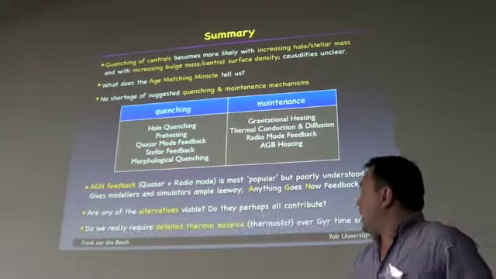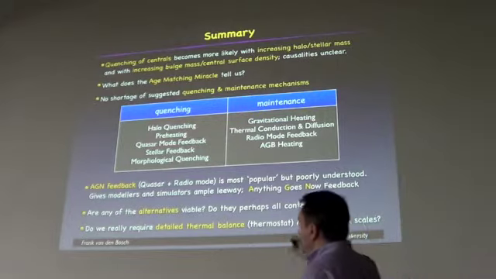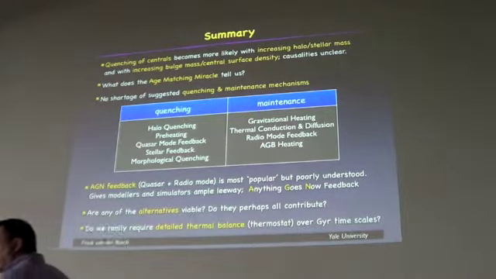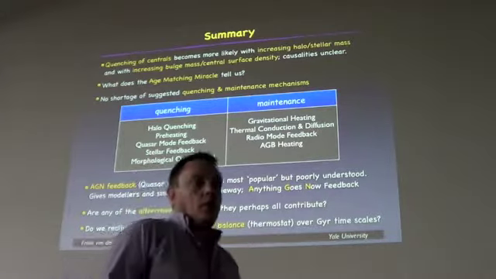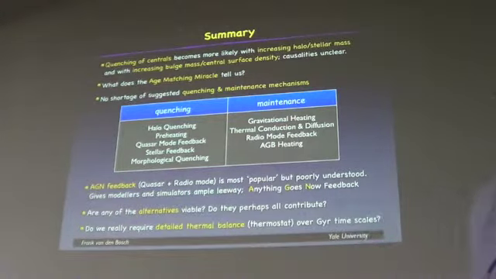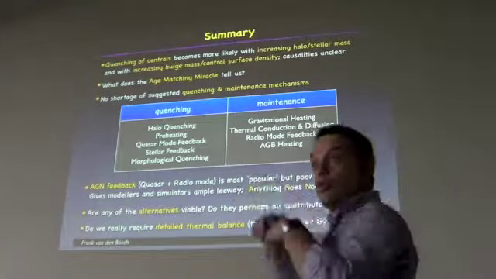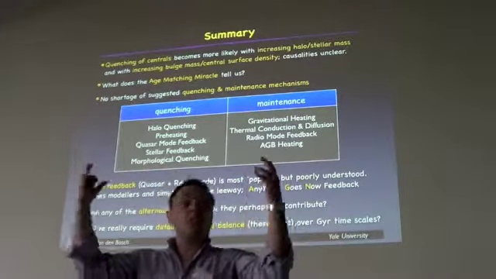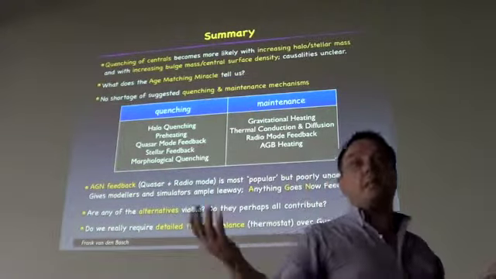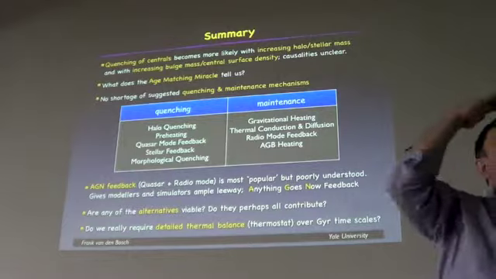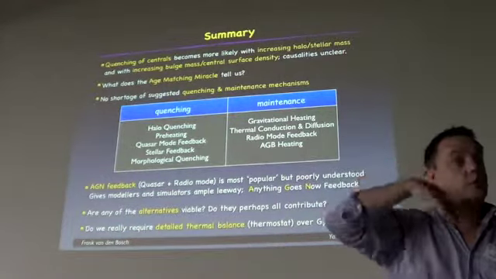Okay? And finally, and I think this is an interesting thing that I would like to put up for discussion, is do we really need that detailed thermal balance, a thermostat, over gigayear timescales? The reason why I'm not certain about that is, if you look at cool core clusters, they're not all of them. There are also non-cool core clusters. And maybe they're just manifestations of one and the same phenomenon, just seen at different times. Which basically means that a cool core cluster can evolve into a non-cool core cluster and go back over gigayear